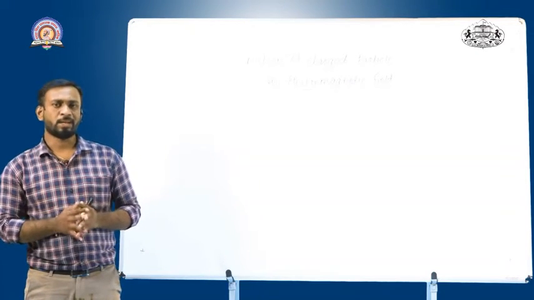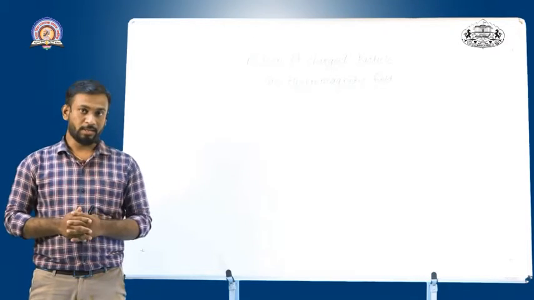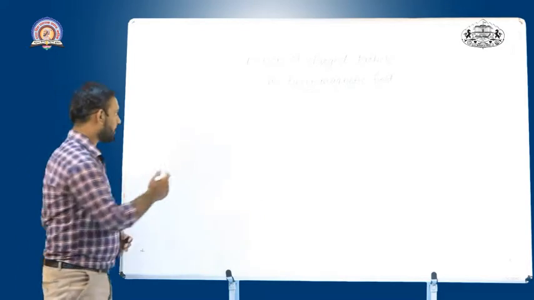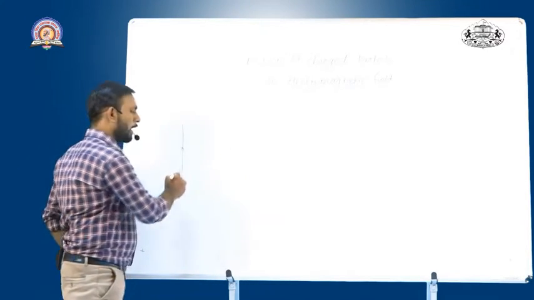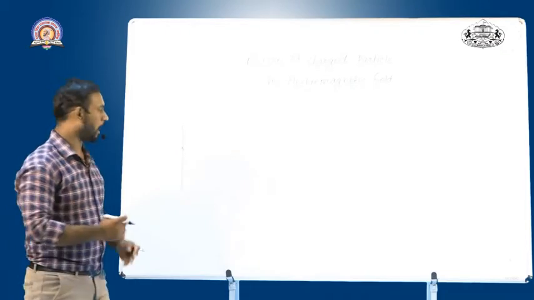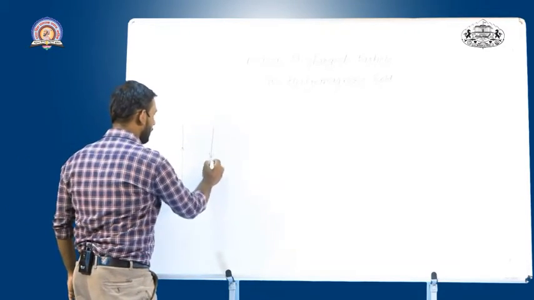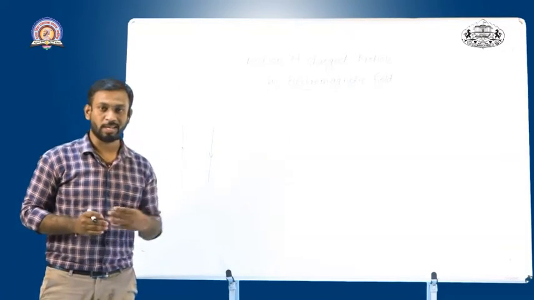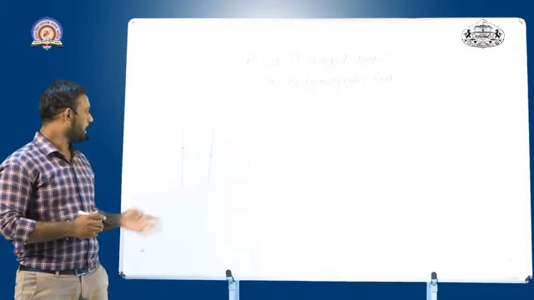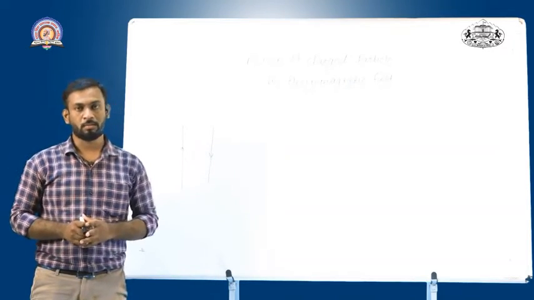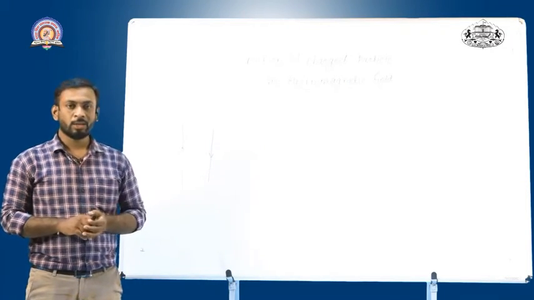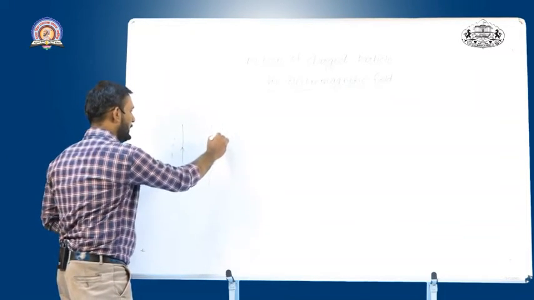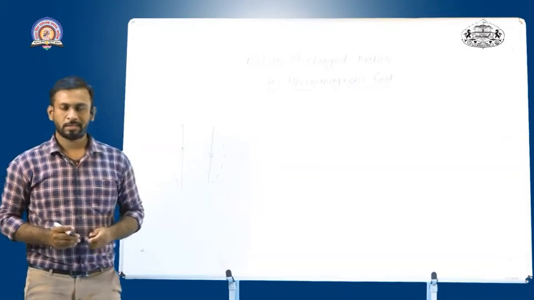Let's move to the magnetostatic part. So what is a magnetic field? Let us consider an example. Suppose you have two long wires. In wire 1, current is flowing in the upward direction, and in the second wire, current is flowing in the downward direction. If you flow current through these two wires, these two wires repel each other and move away from their original path. So this is the observation.